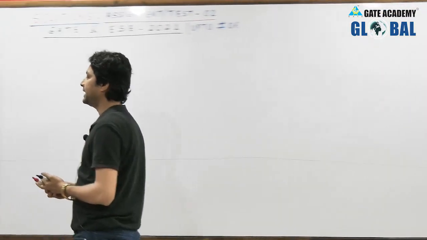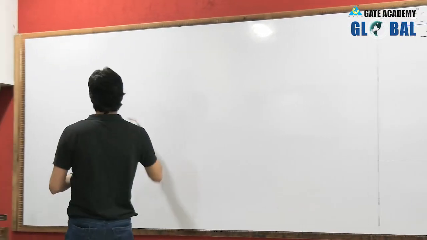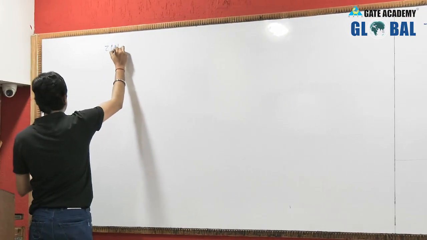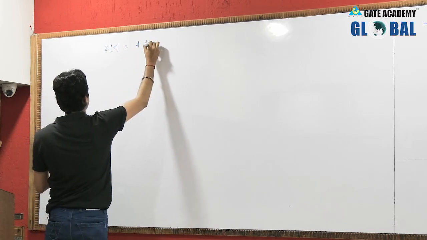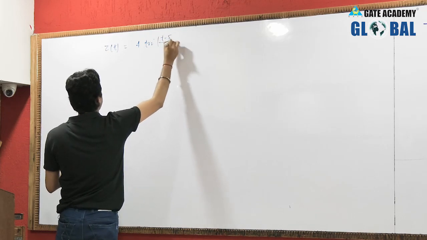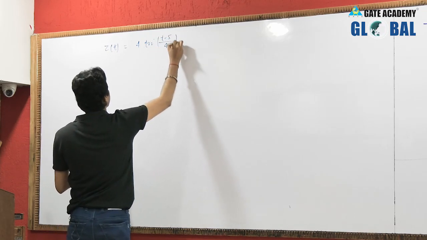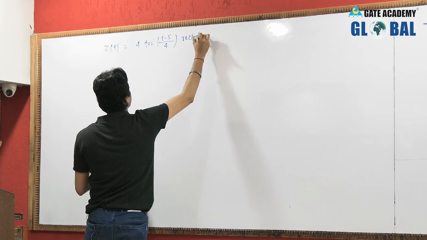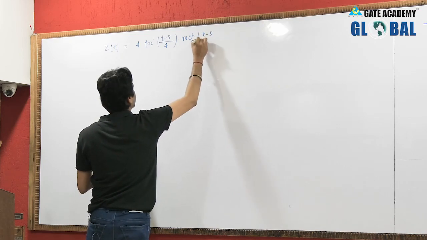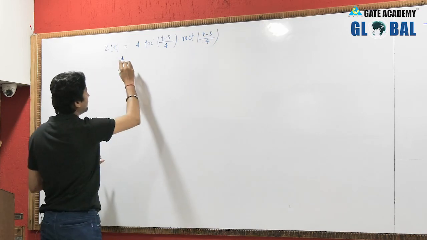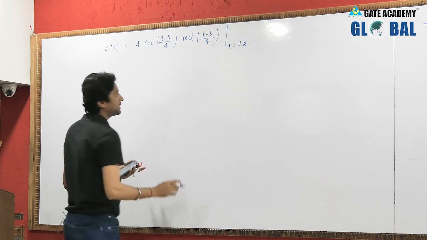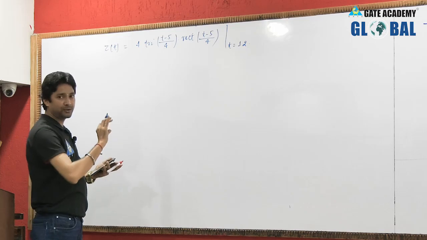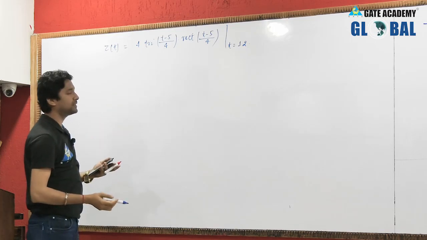So now we have seen that we have to evaluate the value of the signal z of t, which is given to us as z of t = 4 triangle of (t minus 5)/4 into rectangle of (t minus 5)/4. So if you have to find out the value of this signal at t = 12, first, if you see, there is now no need to calculate the value, as we can see here